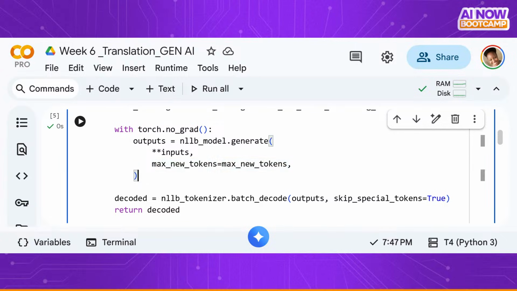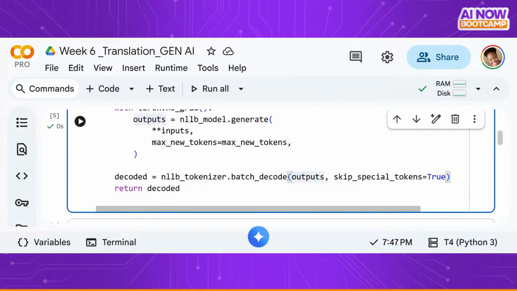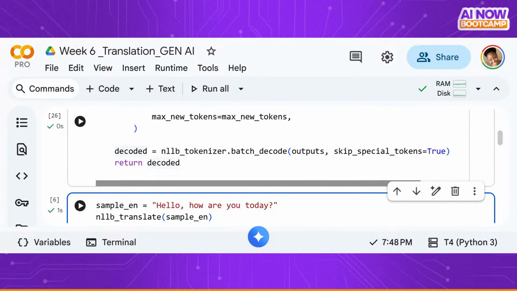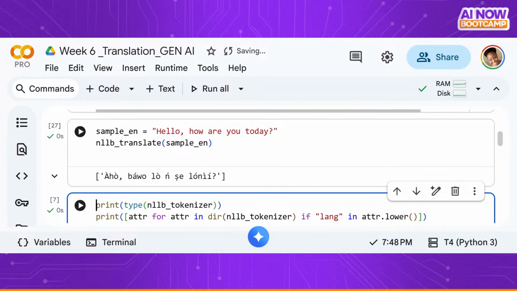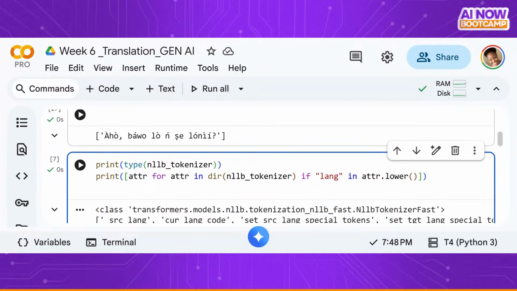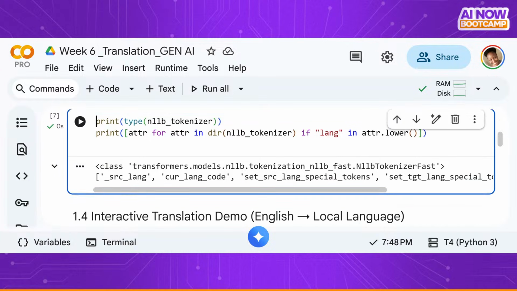This is where the translation is being generated. And then we decode, which is to convert those IDs into text. So we all understand, we've been taught. This is just a simple revision. And then from English, we are running this. We can see the response in Yoruba. And then moving on,